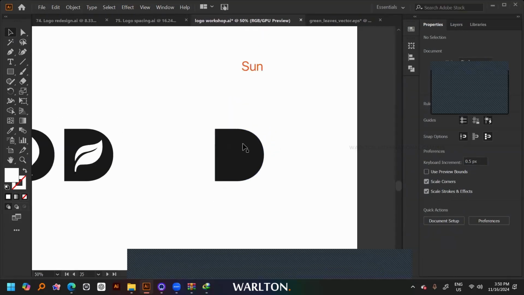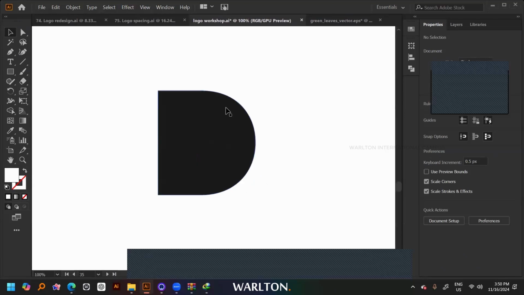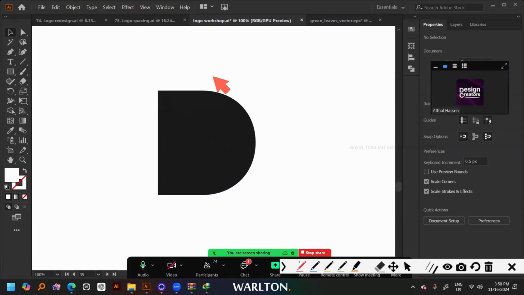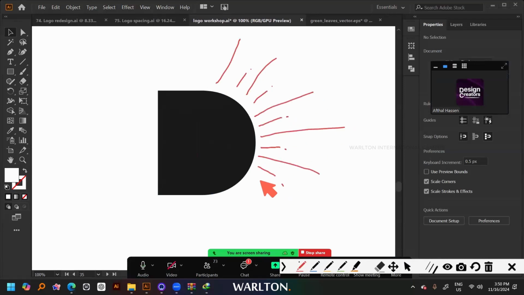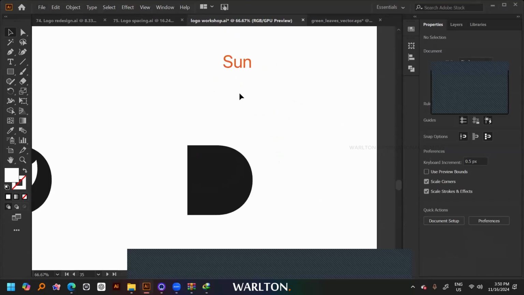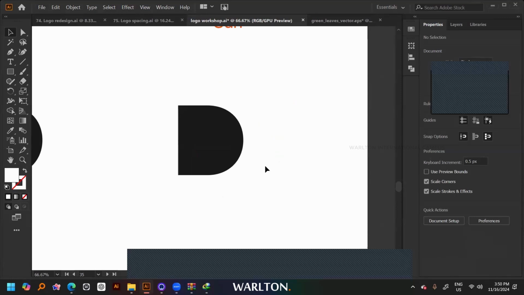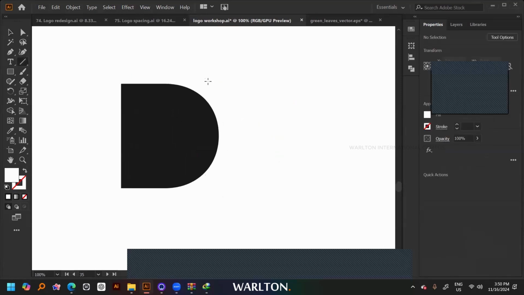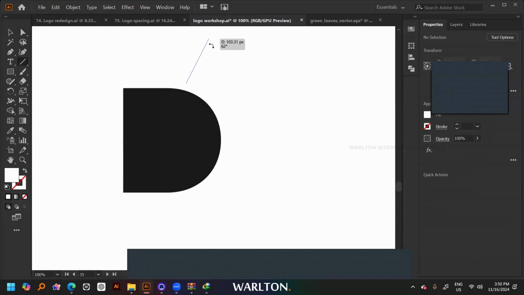So now I'm thinking, how do I add the sun here? One of the ideas that I got earlier is doing something like this. How I came up with this idea is I thought, okay, this looks like a circle, a curved part, the shape of the sun. So I thought, okay, fine, let's add some lines like that. So to add lines, we can,